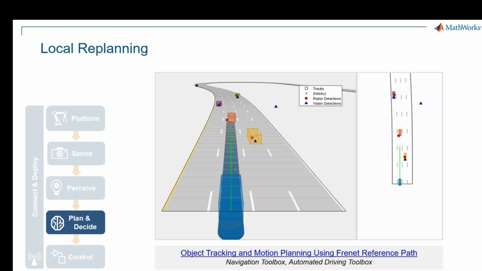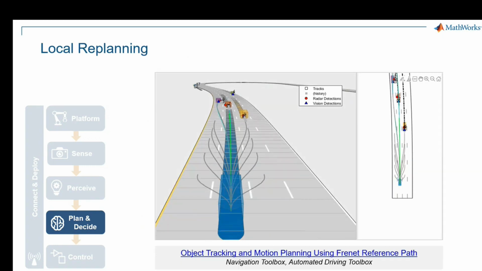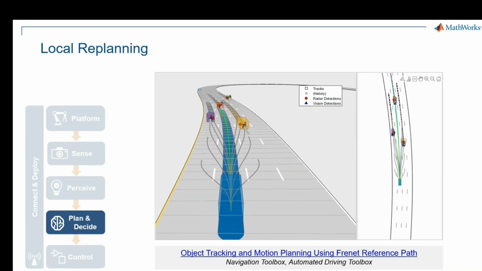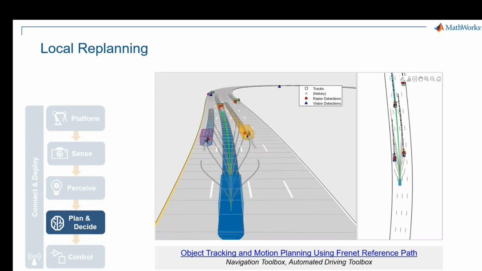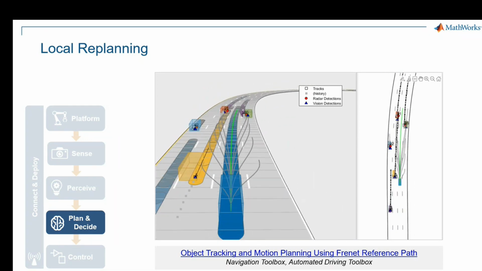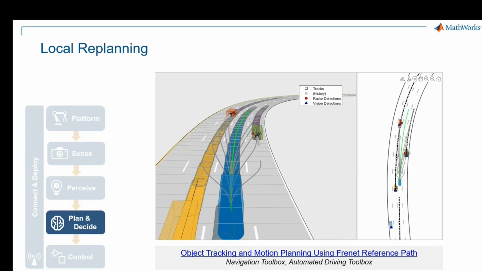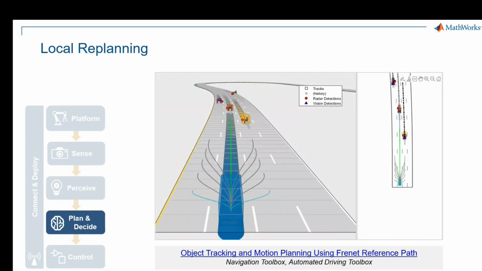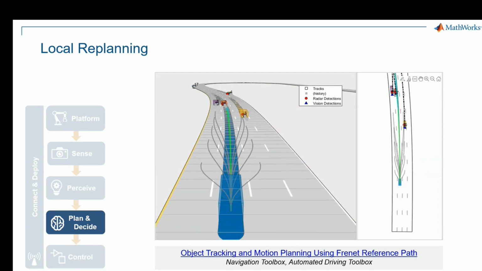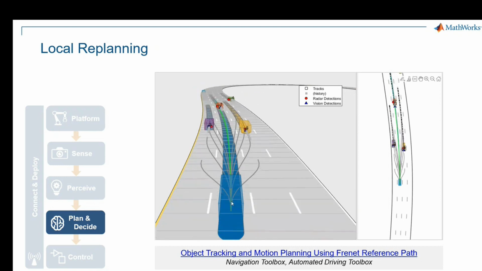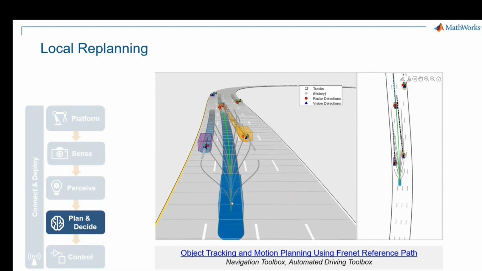So these are global planners. As a local trajectory planner, this example used Frenet path. It demonstrates how to plan a local trajectory in a highway, very dynamic driving scenario where the vehicles are moving between lanes. The idea is that it uses a reference path, the one that we see here in green, and it creates